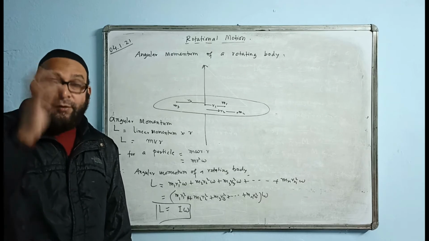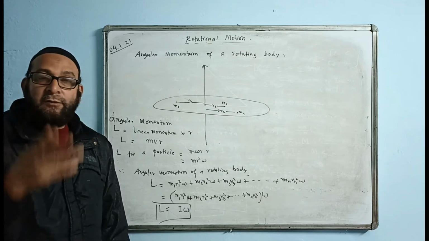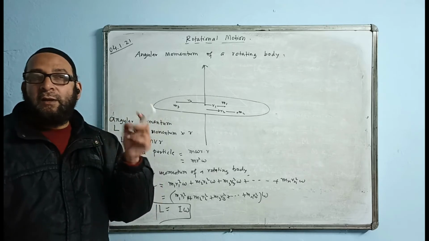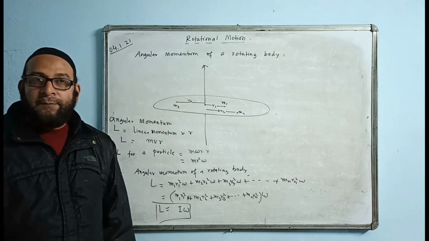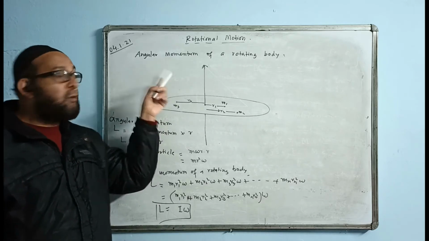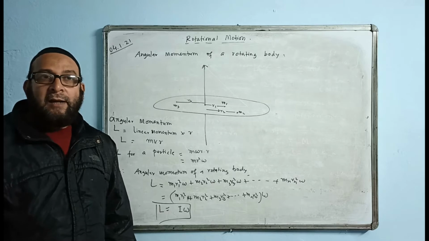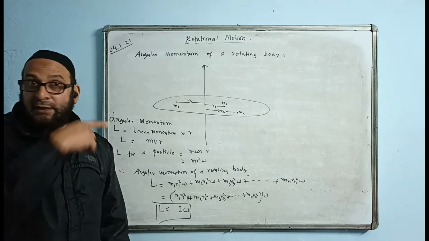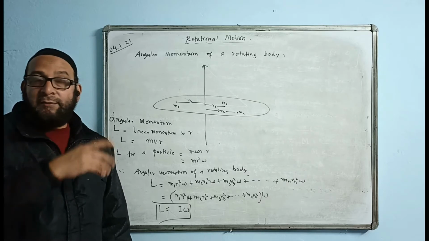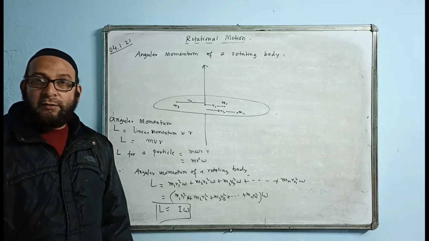Okay, tell me one formula. What is the formula of work done normally? Work done of rotation. We know that work done formula is force into displacement. But here force is the rotational force we have to give. The rotational force is torque. And the displacement here is denoted by theta. Over there we write F into S, and here we will write torque into theta. Work done of rotation.